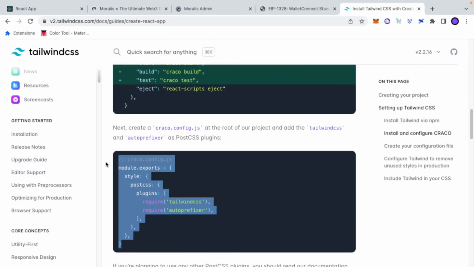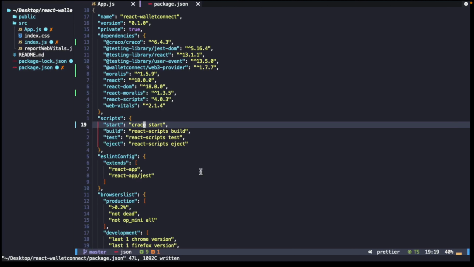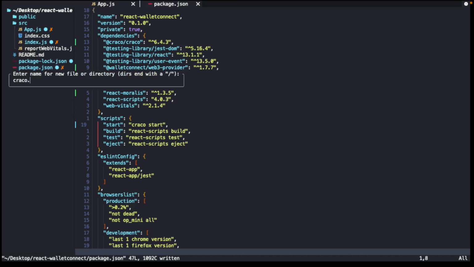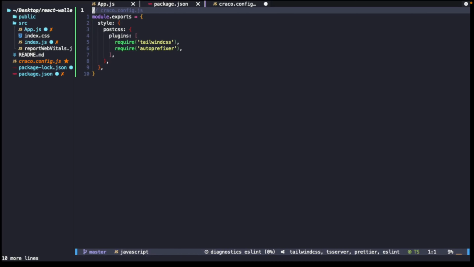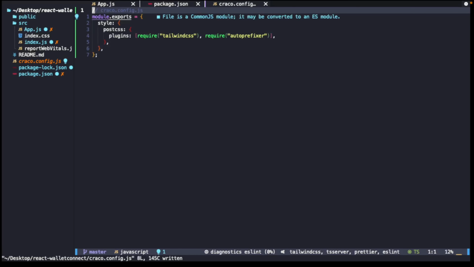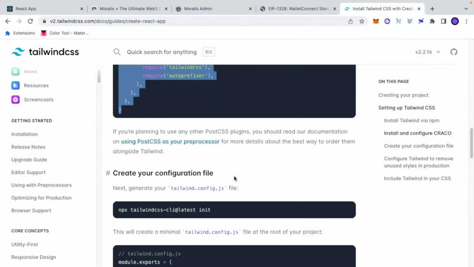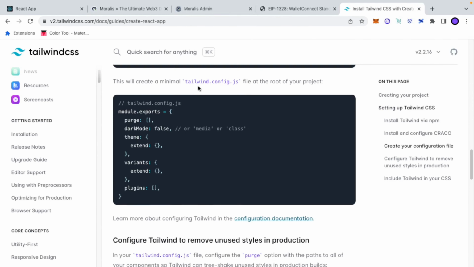So let's copy this code, then go back to the code editor, and at the root level of our project, let's create this new file, craco.config.js. Okay, open it and paste the code we have just copied. And so this part is done too. And then one of the last steps is to create the